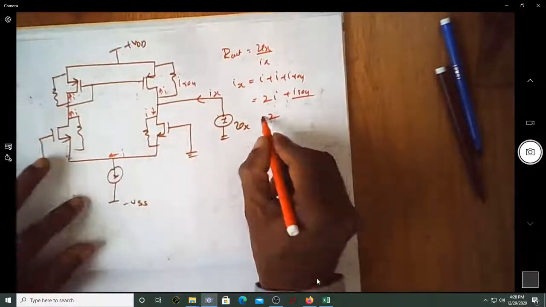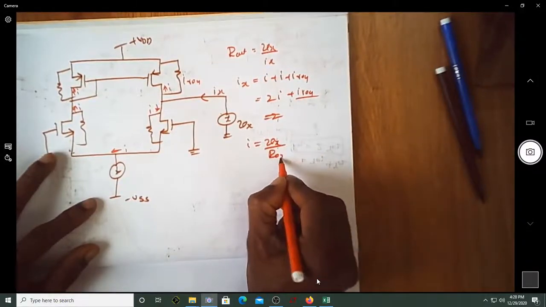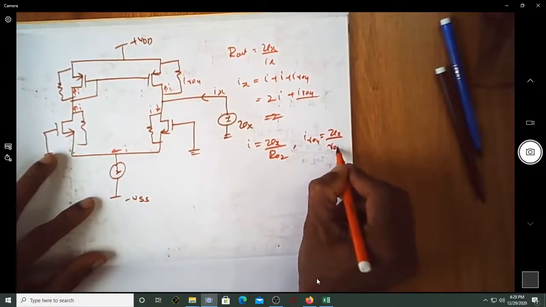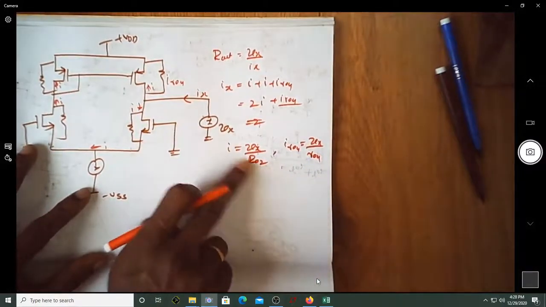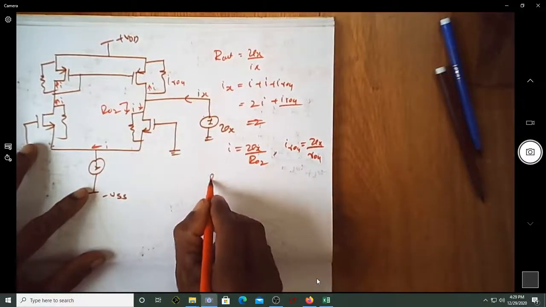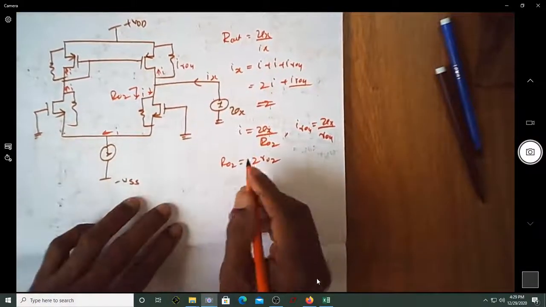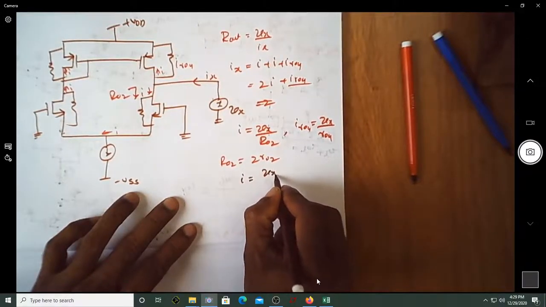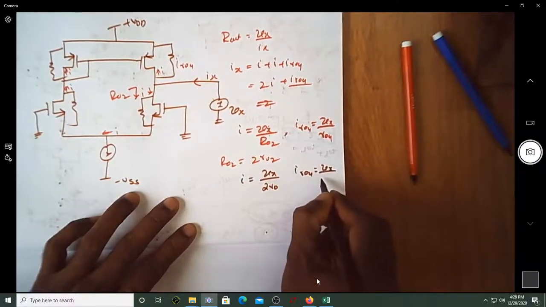Actually, okay, let us try to know what is the value of I. I is nothing but Vx by R02, and I through R04 is Vx by small r04. We know this, so we were actually trying to find what is this R02 that is looking down here. What is the resistance R02? It was found that R02 is equal to 2 times small r02. So now I can substitute the value of I as Vx by 2r02, and the current through R04 as Vx by R04.